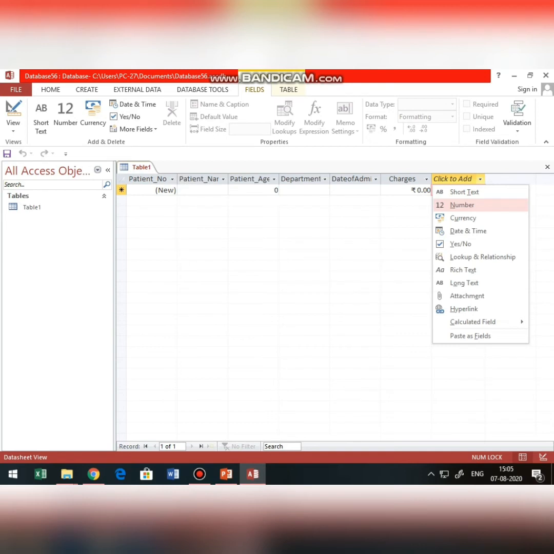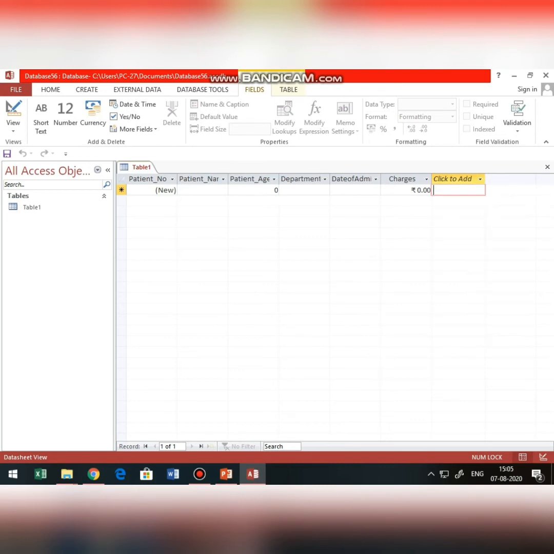Options like short text, in which you can provide the small text, numbers, in which you can provide the number, currency for the currency or rupees, date and time, yes or no, lookup and relationships are for tables, rich text, and many other options. Then, when the table is created, you can enter the values inside the table